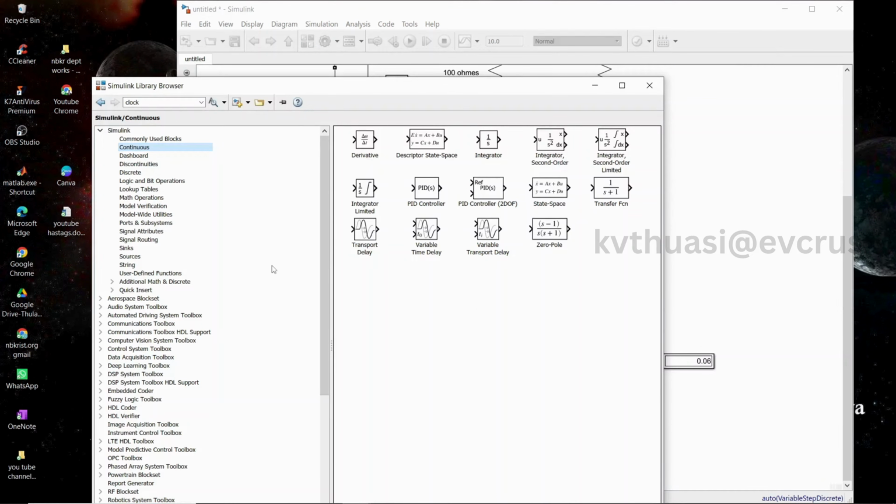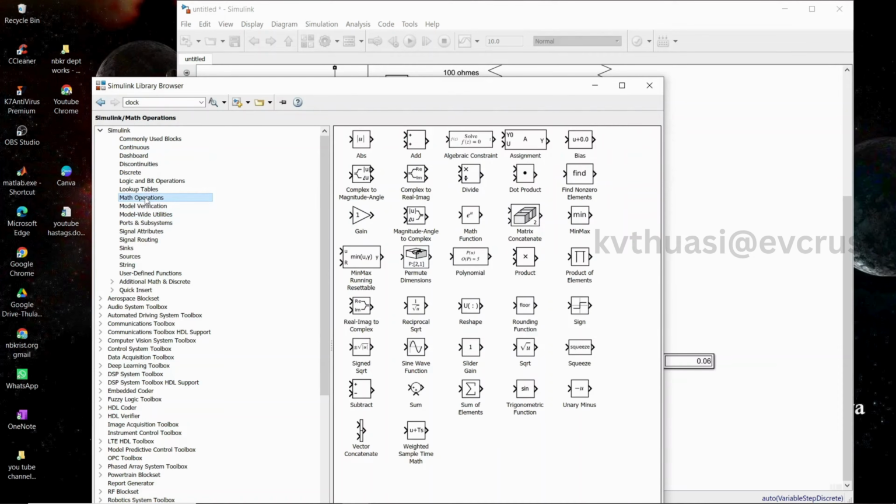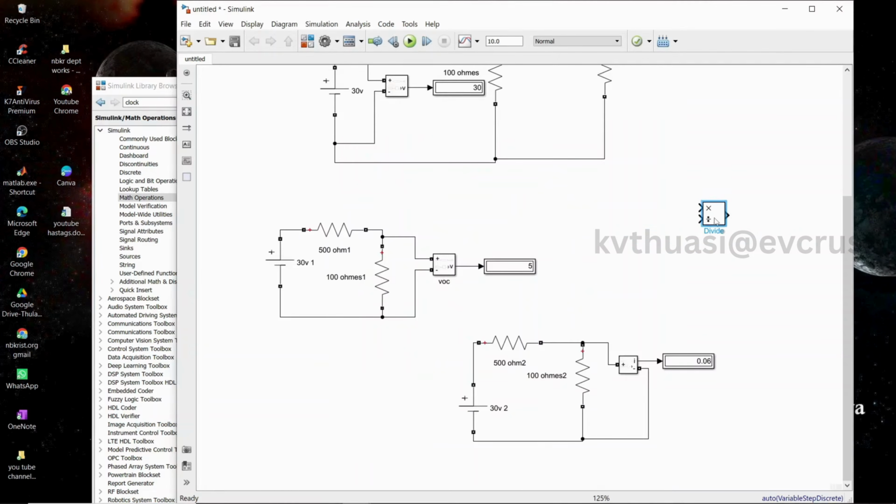So this you have to practice a number of times. Just by observing this video, you'll get clarity on how to give the connections of VOC and ISC. So now you require a multiplier. Check out the multiplier. The multiplier will be available in math operation. In this math operation, multiply and divide, scroll it on, move it onto our screen. So this is the value of VOC. The multiplier you are going to connect here, which is nothing but VOC,